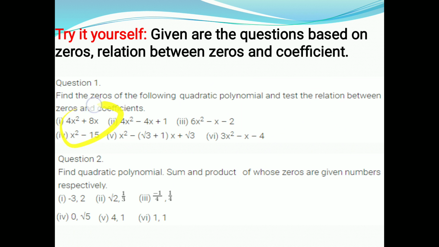Now which type of polynomial is it? Power 2 it is, right? So quadratic polynomial. So how many zeros will there be? There are 2 zeros. One I have found, minus 2, right? The other one you need to find. You can do the same with the other examples as well. Don't get confused with the root problems and all. Try to solve it, and if there is any problem, write it in the comment section. I'll get back to you. And you can also try the second question where zeros are given and you need to find the polynomial, using the last formula which I told you just now.